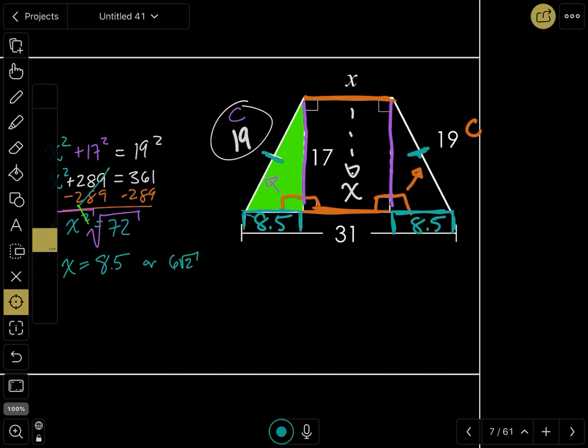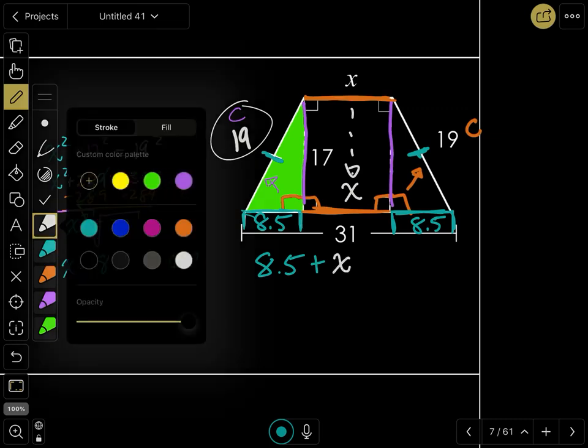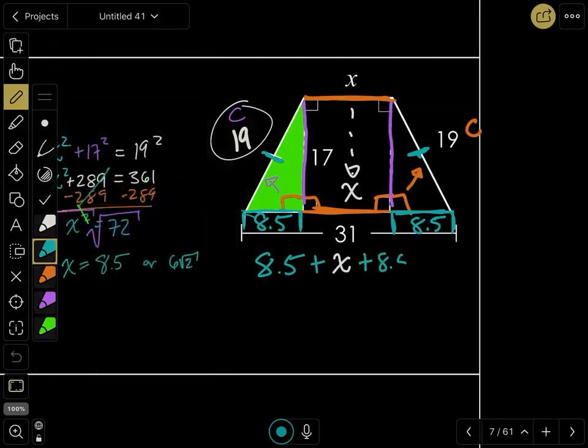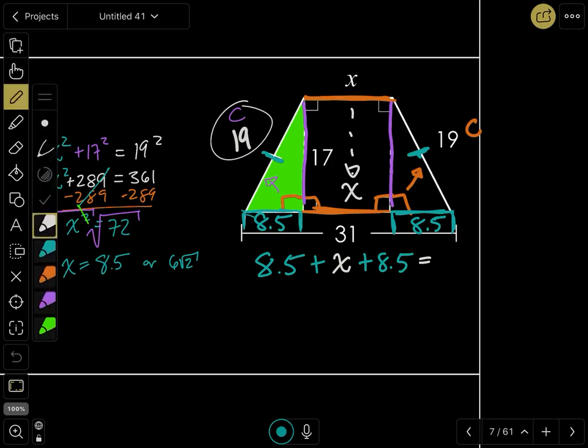So if I'm looking at this entire line segment, I will have 8.5 plus x plus 8.5. And what's the total measure of this whole line segment? Oh, it's 31. And some simple algebra here. Add these two numbers together, subtract that number from both sides. We find that x is equal to